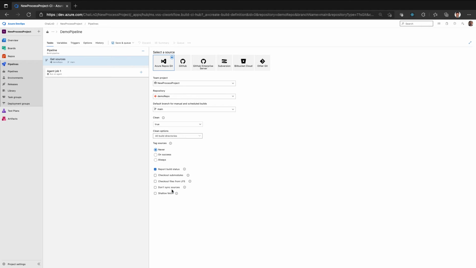And don't sync sources will basically stop the source being cloned every time an execution happens. There may not be a scenario where you don't want to get the latest code. And shallow fetch is if you want to get only the last 15 commits or 5 commits. If you want to restrict to those commits, you will have the option to shallow fetch the source